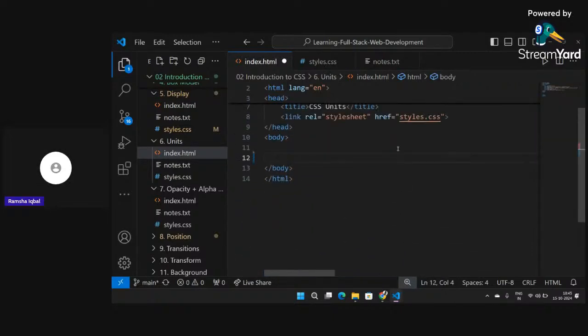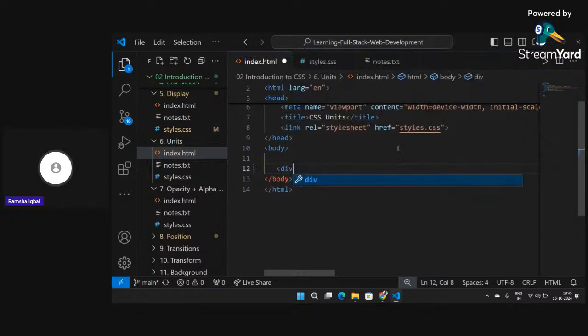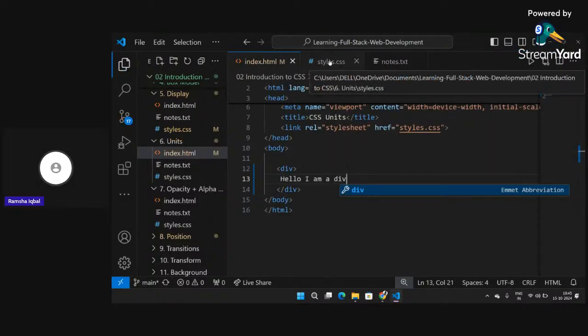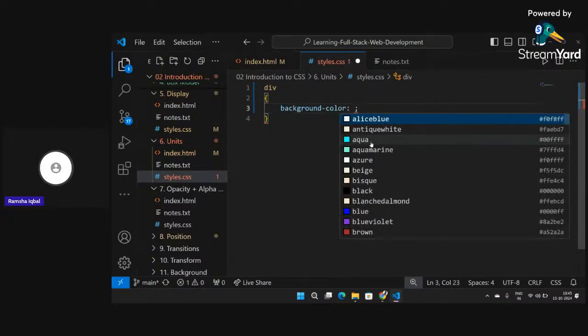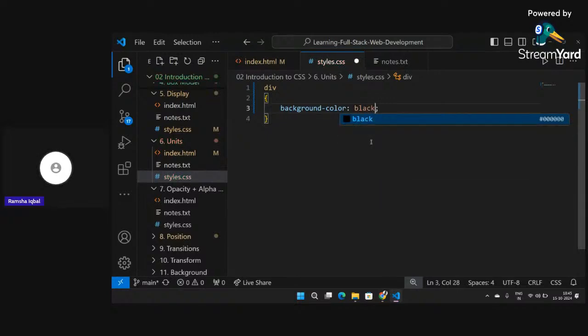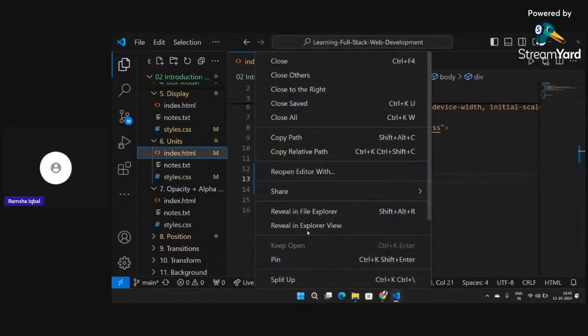Suppose I take one div, and I write "Hello, I am a div." I go to style CSS, remove everything, and give my style to the div: the background color as black, the width property of the div to be 300 pixels, and the height property to be, suppose, 400 pixels. I've given this. I copy the path,